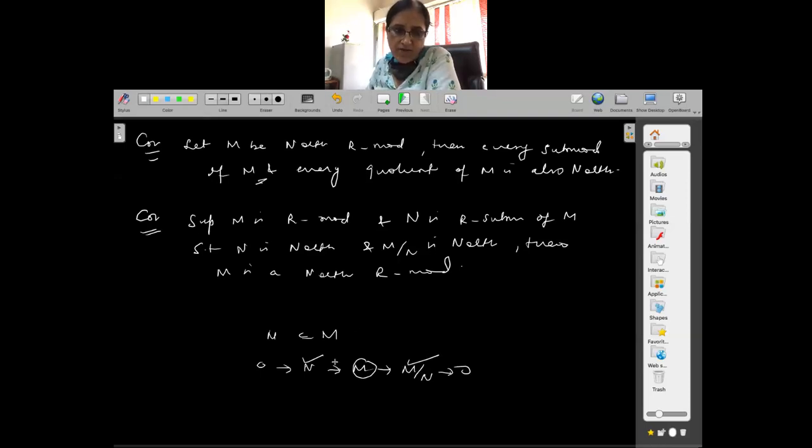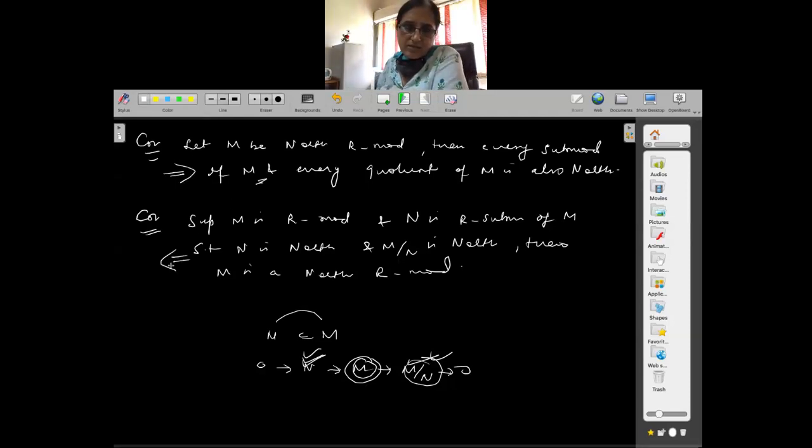So every submodule of M and every quotient module of M is Noetherian. Okay? And if M is an R module such that N and M mod N are Noetherian, then M is Noetherian. This is the converse of the last result which you proved. So this is this step of the last result, and this is the converse of the last result. You can equivalently state it like this.